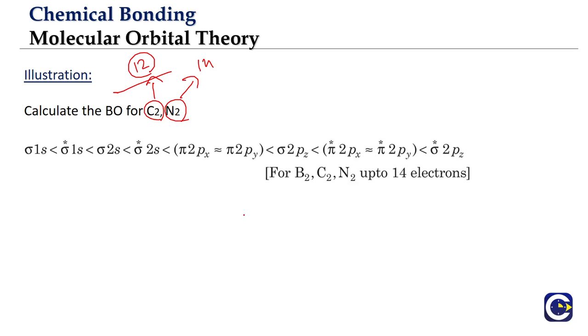Now look at this question. Calculate the bond order of C2 and N2. We have diatomic carbon, a molecule, and diatomic nitrogen, another molecule. So we have to calculate the bond order. How do you get the bond order? First, let us look at the number of electrons. In diatomic carbon, each carbon has 6 electrons. Remember, here we have to count the total number of electrons. So carbon, each of them is having 6, totally 12. Nitrogen, each of them is having 7 total electrons. 7 plus 7 is 14.